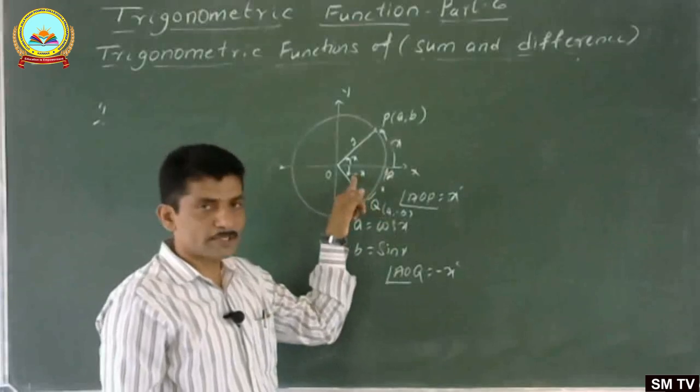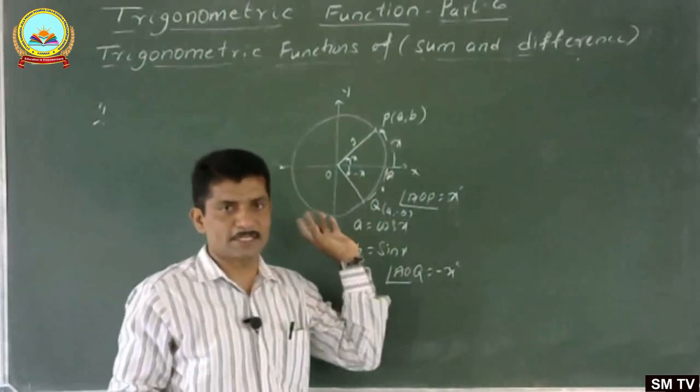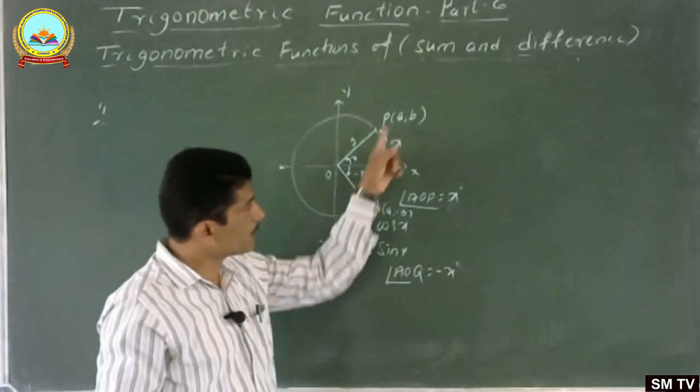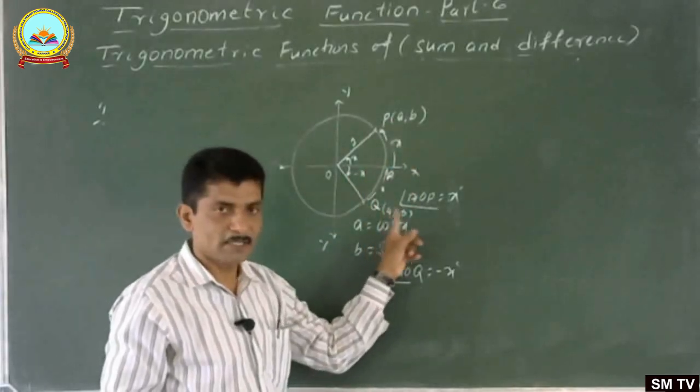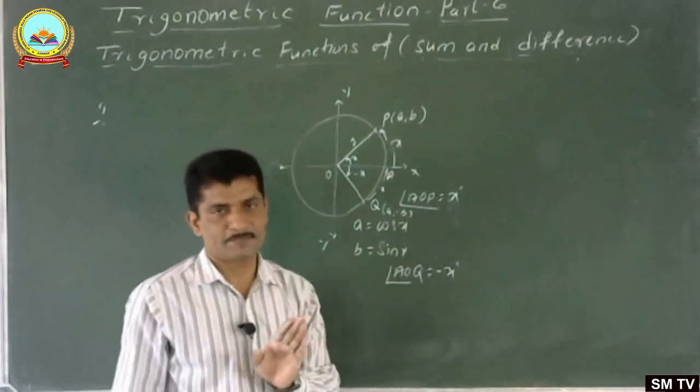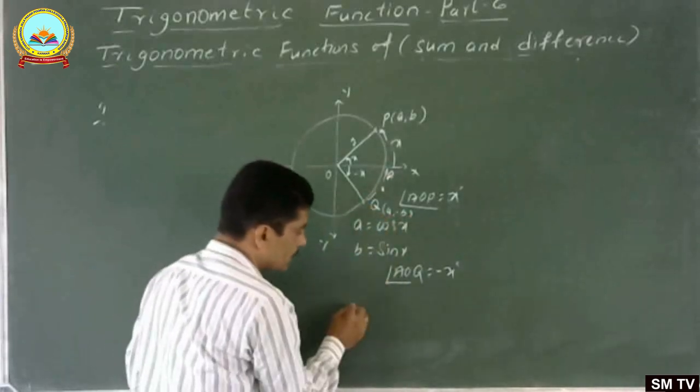Radian, but in measuring clockwise directions, minus x radian. Then Q is exactly the image of P. Therefore, for the image of P, the x coordinates are the same and the y coordinate's sign is changed. Therefore, here you know that a is equal to